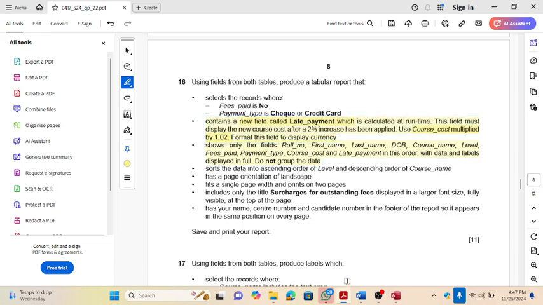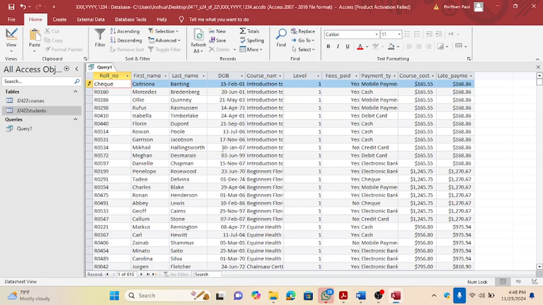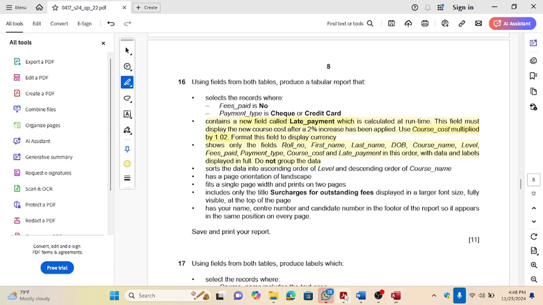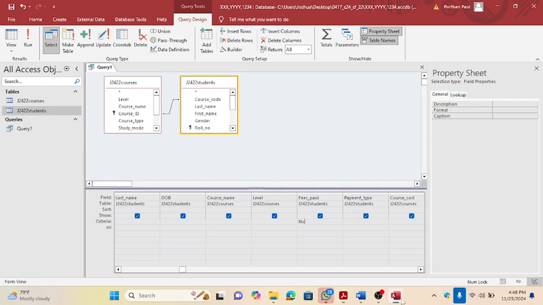Now we are going for the criteria. Select the records where fees paid is no. So again go to the view, design view. So I'm going for the fees paid criteria, it should be no. Next, payment type is check or credit card. Okay, so the payment type